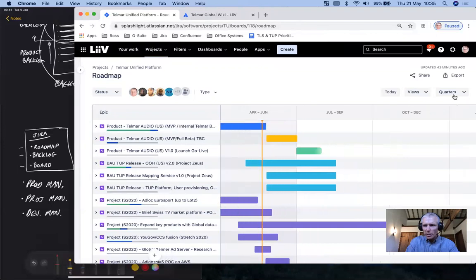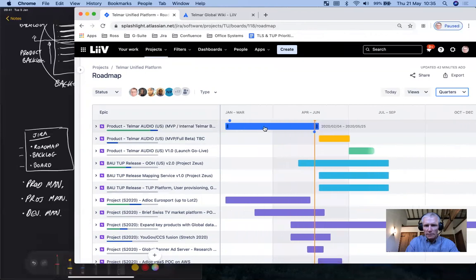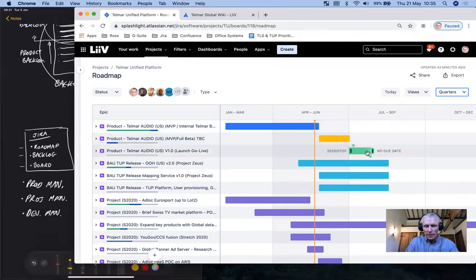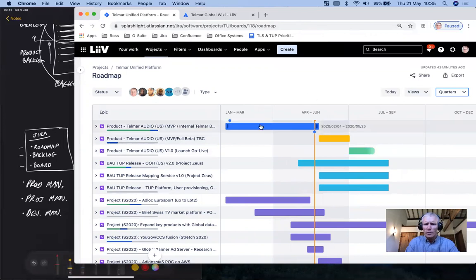So we can do a couple of things here. Let's leave it as quarters. So you see, I explained this, that you've got this idea of a Gantt chart. We can see this work is in progress, this work is about to start, and this one's programmed a little further out. So this gives a very high level horizon view, particularly useful for senior stakeholders to know what's going on. Not so useful for engineers working on the actual work, and moderately useful for planning. So roadmap is epic centric, great for high level, long range planning visibility.